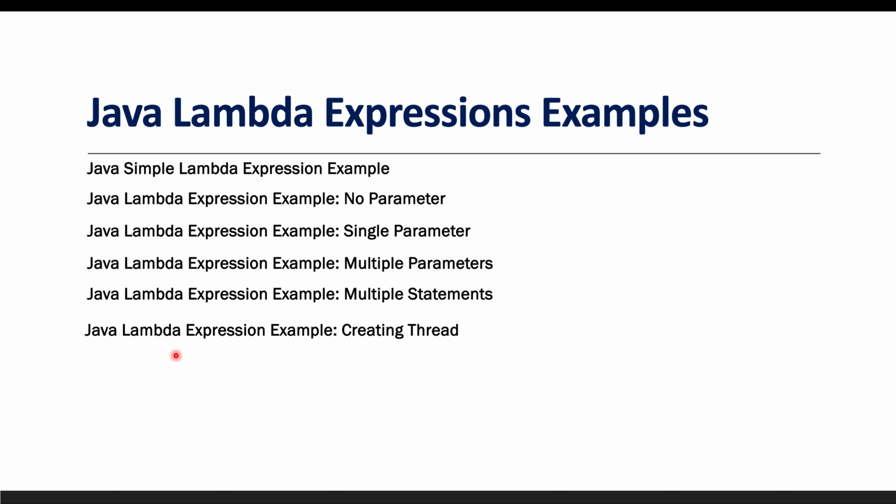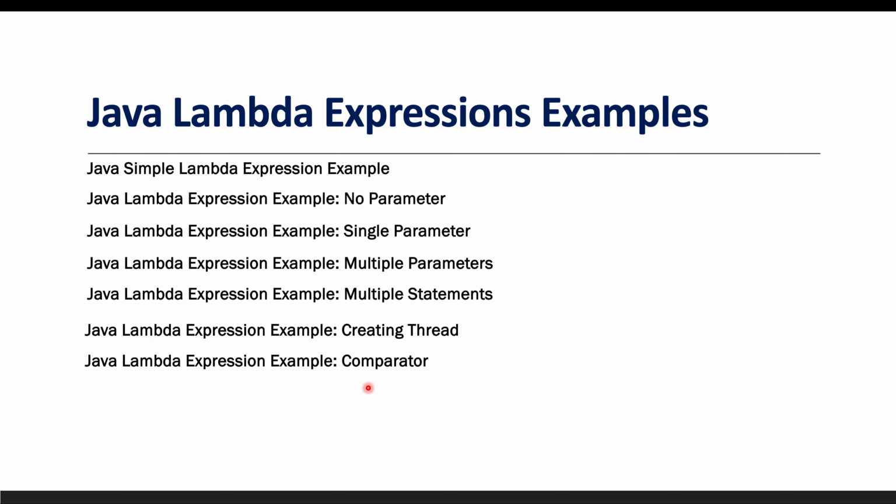Then we are going to use a lambda expression for creating a thread. Like we have seen with existing interfaces that have exactly one abstract method, that is nothing but the Runnable interface, which has the run method. We are going to see how we can provide the implementation using the lambda expression. It means we need not create any class to implement it and do the implementation, and then while using it, we need not create any object and call it, right? Those are boilerplate code. We are going to remove it and use a simple lambda expression, and we will see how we can do it.